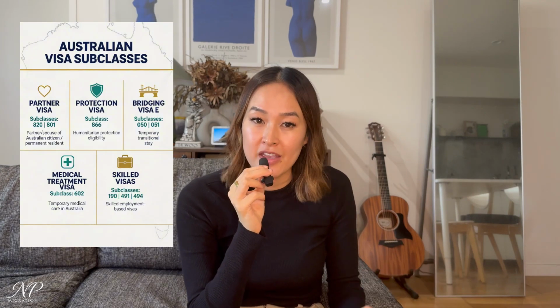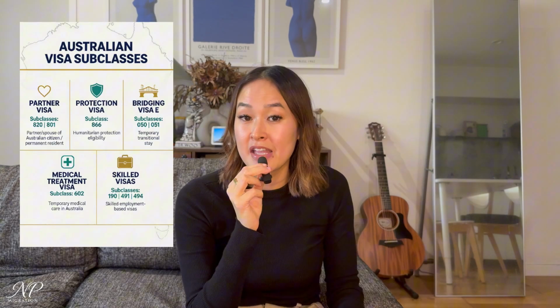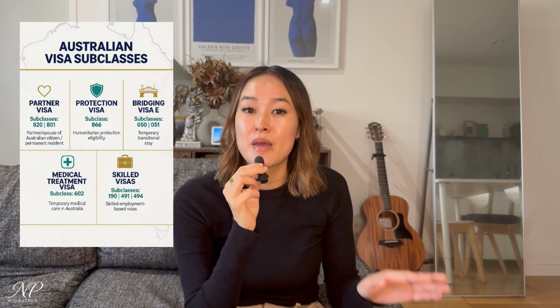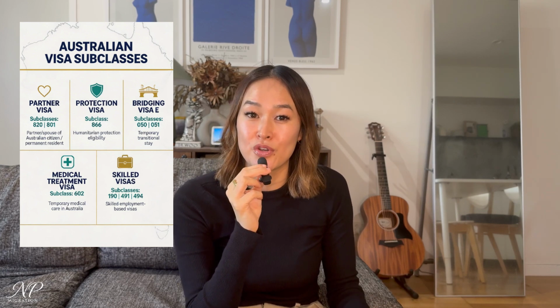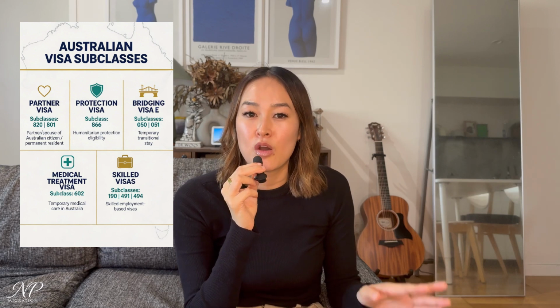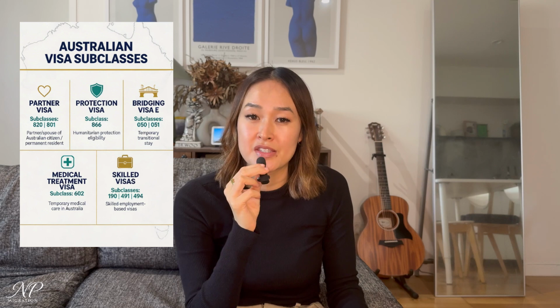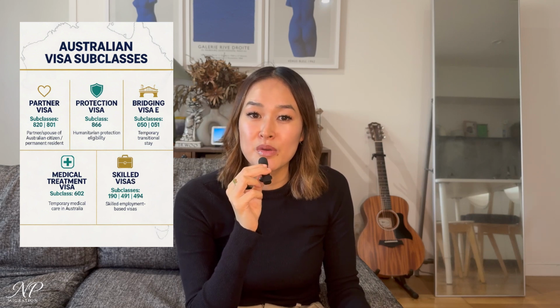Visas you may still apply for. Even if Section 48 applies, you may still apply for some visas inside Australia. These are the main practical visas people can actually use. Examples include partner visa, subclass 820, 801, protection visa, subclass 866, bridging visa E, subclass 050 or 051, medical treatment visas 602. Some skilled visas, which include skilled nominated visa 190, skilled work regional visa, subclass 491, skilled employer sponsored